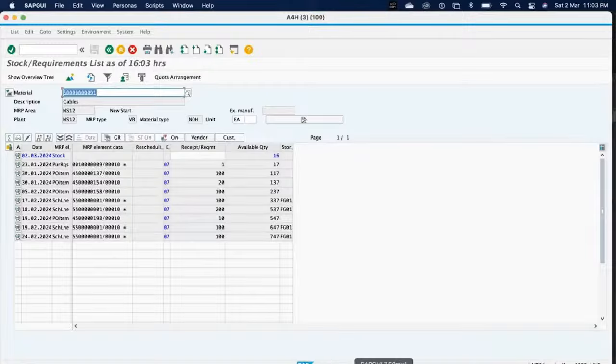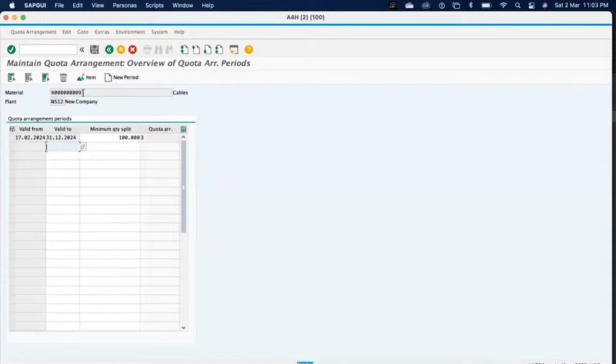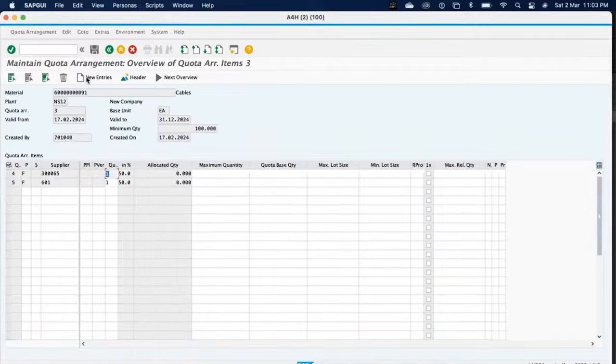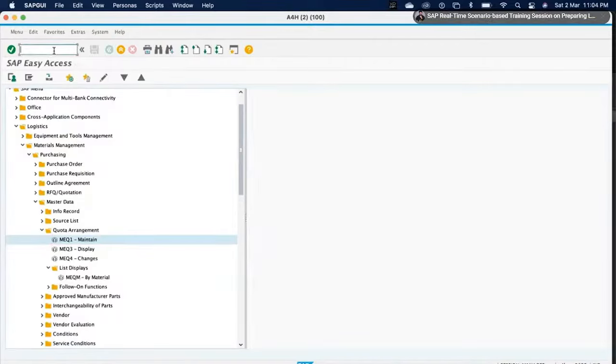And let's go to the material master, so maintain quotation. We can come. Okay, all are fine. So based on our setup, let's check it one by one. And